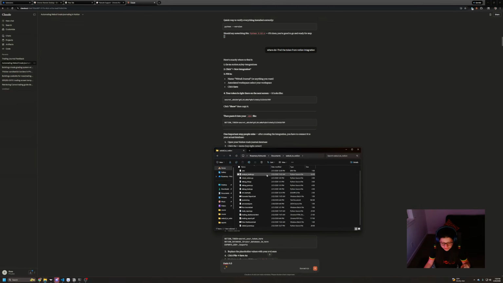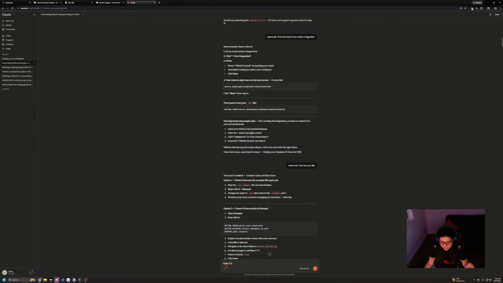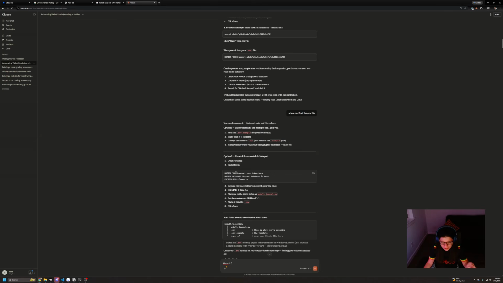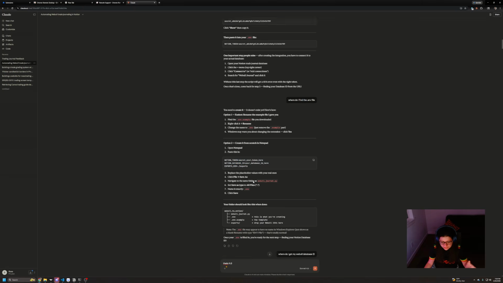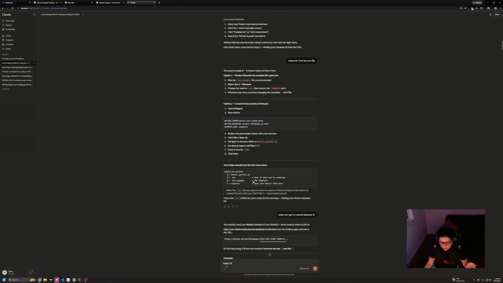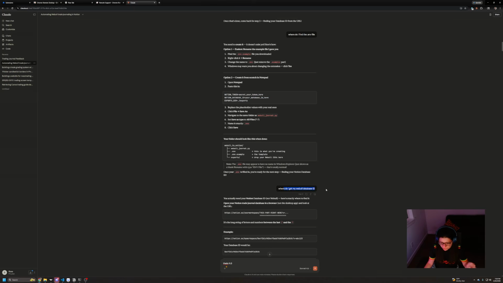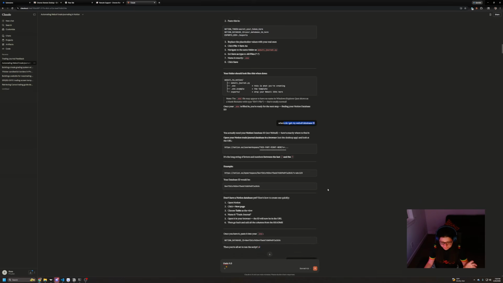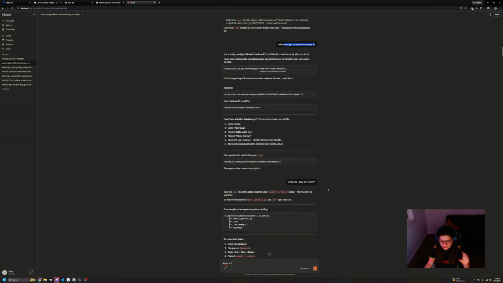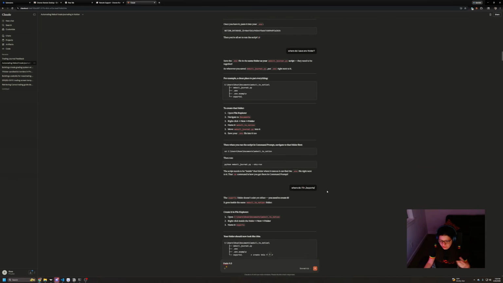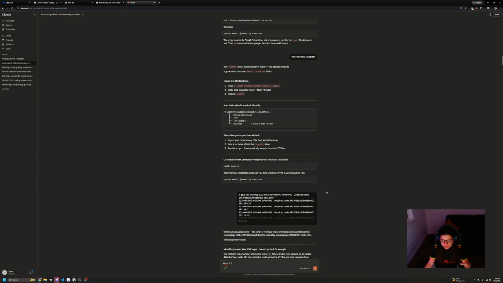When it created it, I had to change the format, so I did that, and then it tells you to add your Notion secret and database. Where do I get my Webull database ID, all that. So as you're going, you tell it what do you find,